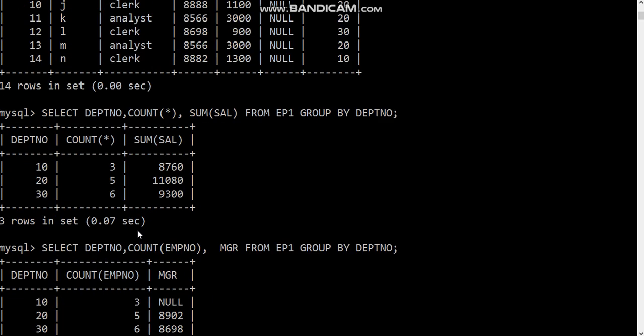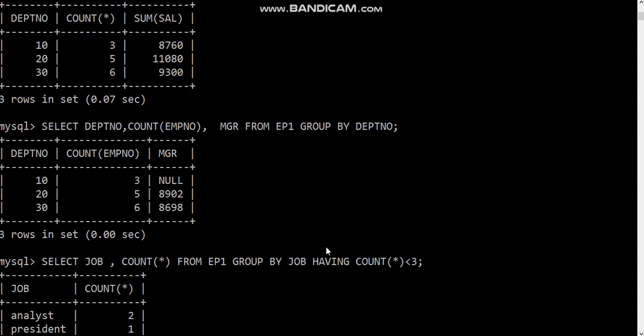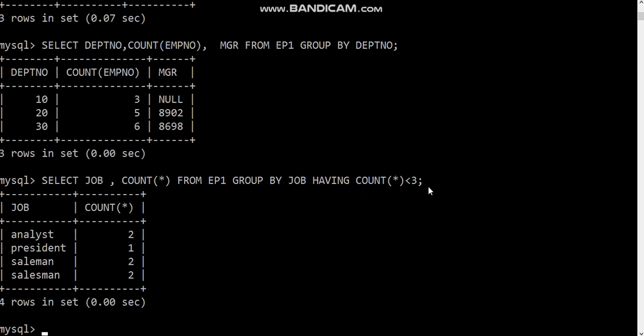Just do the analysis of this particular table. So according to job, the grouping has been done. We can count how many clerks are there, how many salesmen, how many managers, one president is there, right? So if the count is less than 3 for the number of employees working in this organization, then only it will show you.